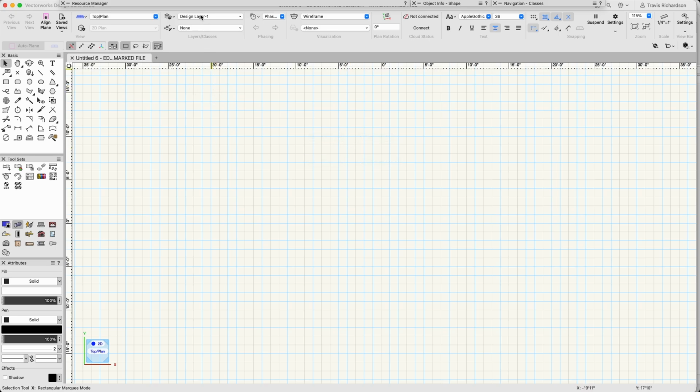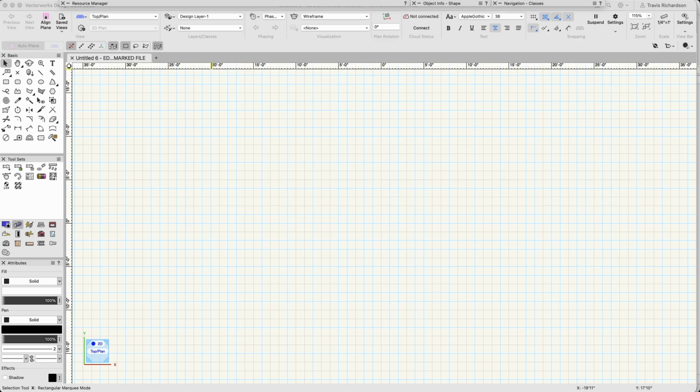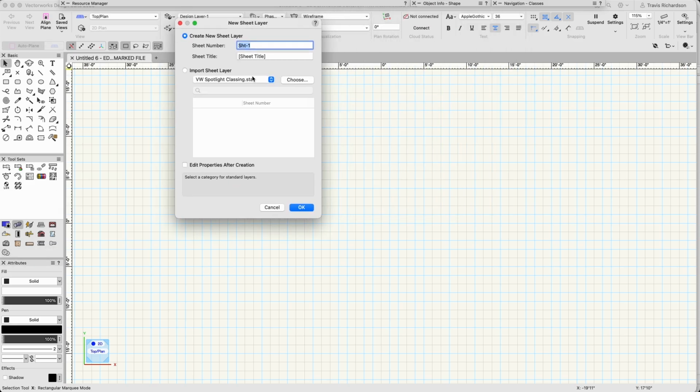So for starters, we're going to click on the design layer drop-down menu, and we're going to come right here to new sheet layer. We're going to click on that, and a new splash screen will pop up like so. We're going to make the sheet number be just 1 and hit tab, and the sheet title we are going to make be